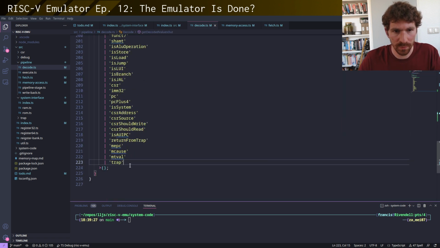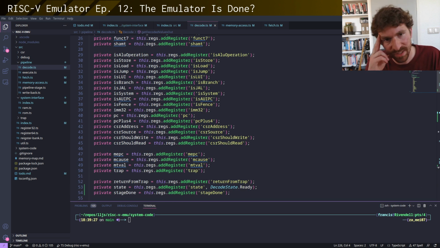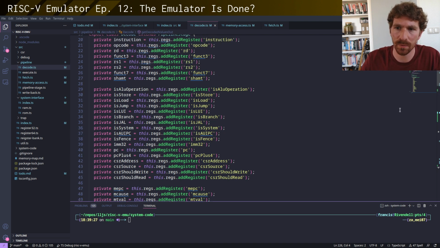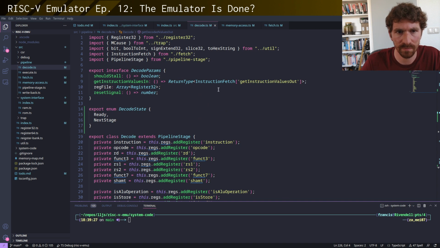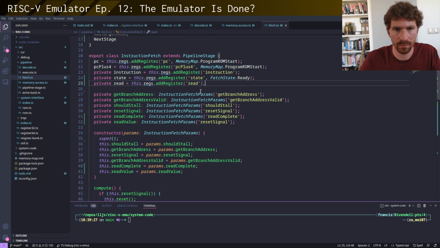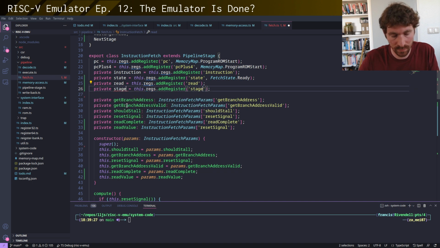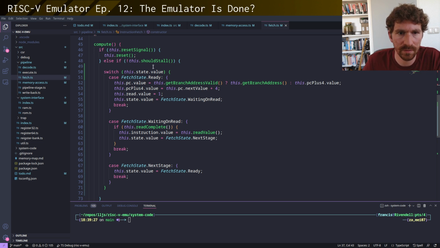And we need to expose, what was it called? Stage done. Yeah, it could also be called next stage ready, like we're ready for the next stage, but I think just saying that this stage is done is also fine. Okay, so that's decode. Let's also put this in fetch, since we don't have that. So stage done, and if we're ready,